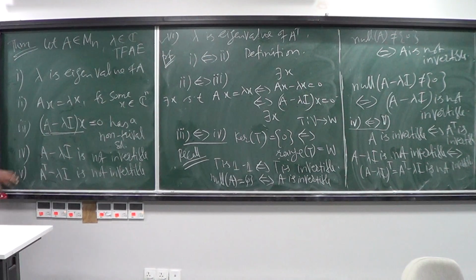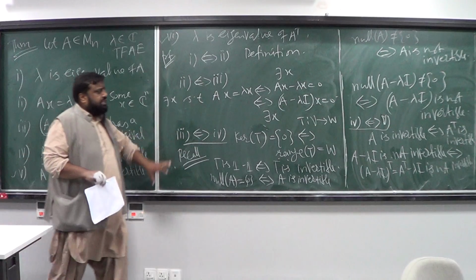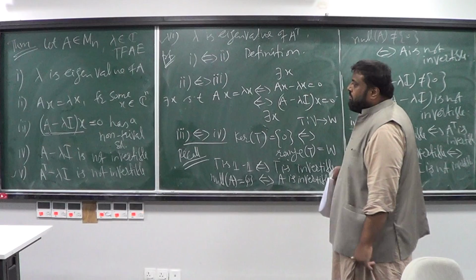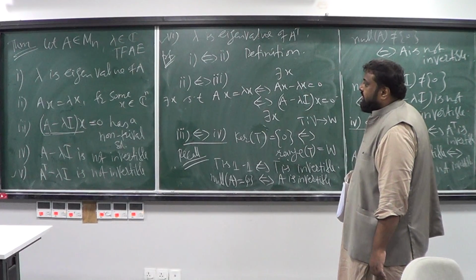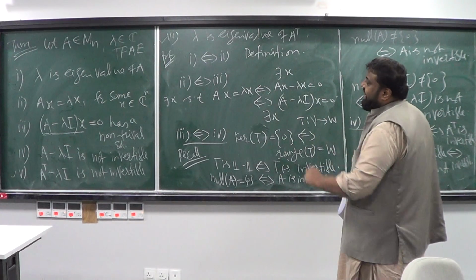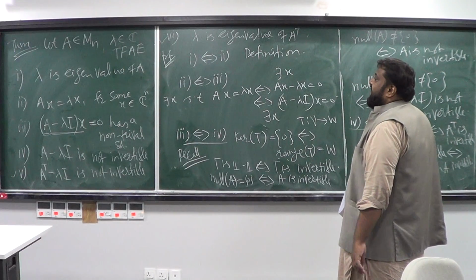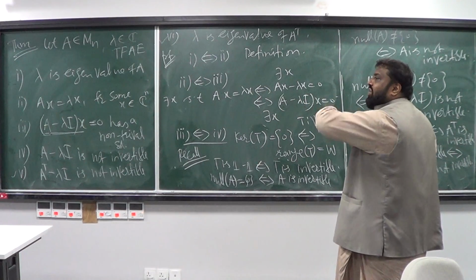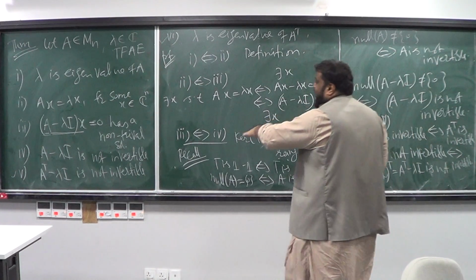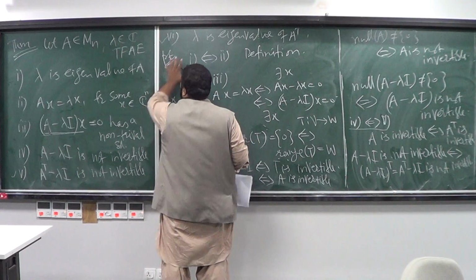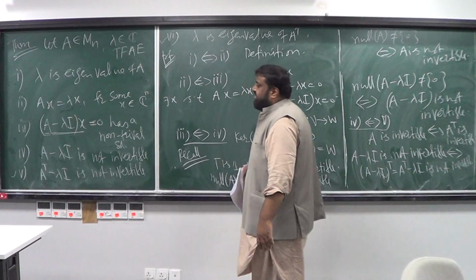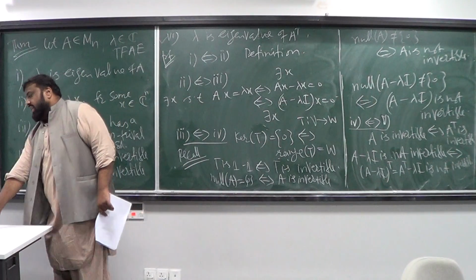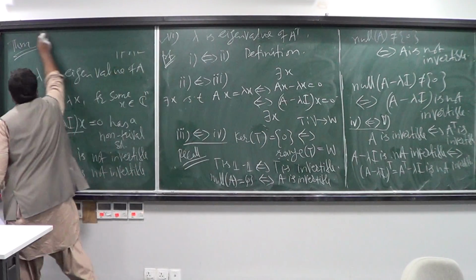Okay? So the proof is not difficult. Proof is pretty much straightforward. It's based on the previous facts that you know. But something that is important that you get from this theorem is that there are several ways to say that lambda is an eigenvalue of the matrix A. At least you saw the 5 other methods to say that lambda is an eigenvalue of the matrix A actually. So if any one of them is true, lambda is an eigenvalue of the matrix A. Okay?